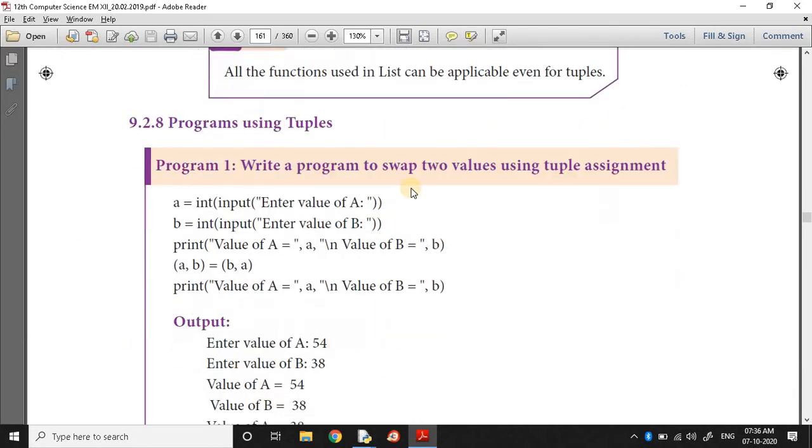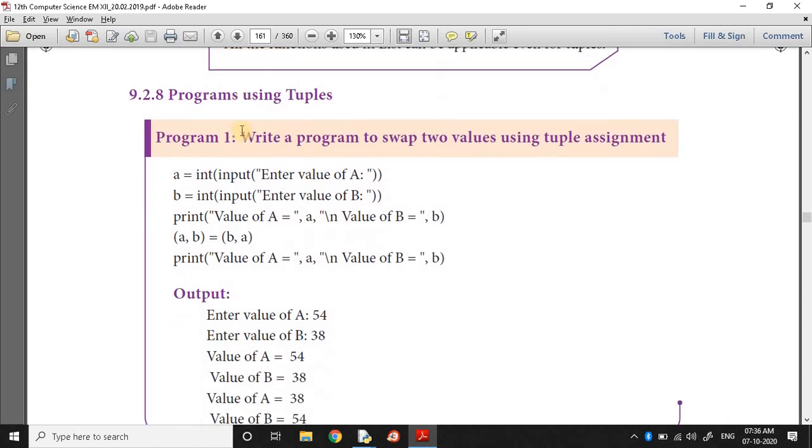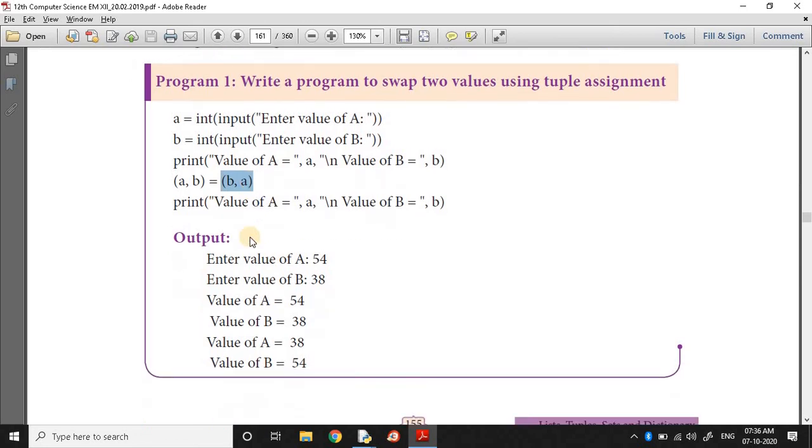Then programs using tuples. Example program: here one value is read and assigned to a, then another value is read and assigned to b. The values of a and b will be displayed. Then a, b = b, a. That means we are swapping values.